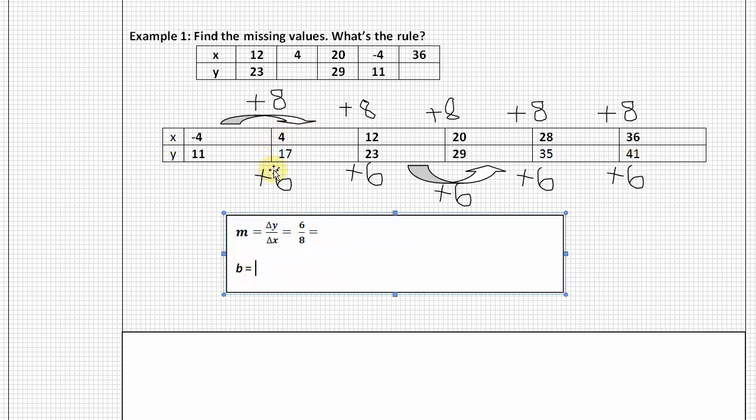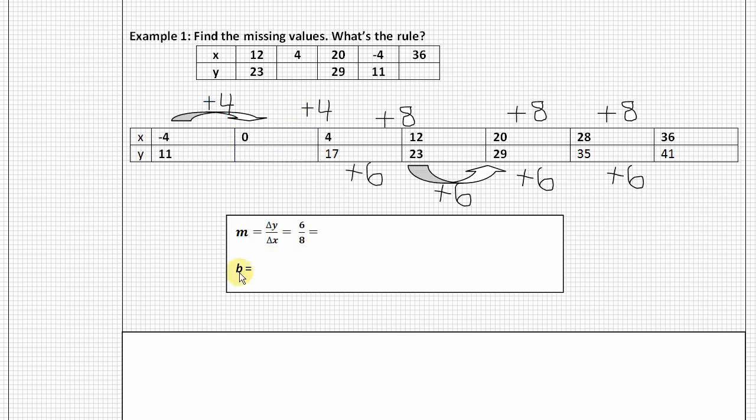And remember, the b value comes from when x is 0, but on this table we don't have a value for when x is 0. So what we're going to have to do is break apart this pattern even more. And so we need to figure out where is 0 from 4 and negative 4. And it looks like it would be right in the middle, because if I go back 4 from 4, I would end up at 0, and back 4 more would take me to negative 4. So I'm going to insert a